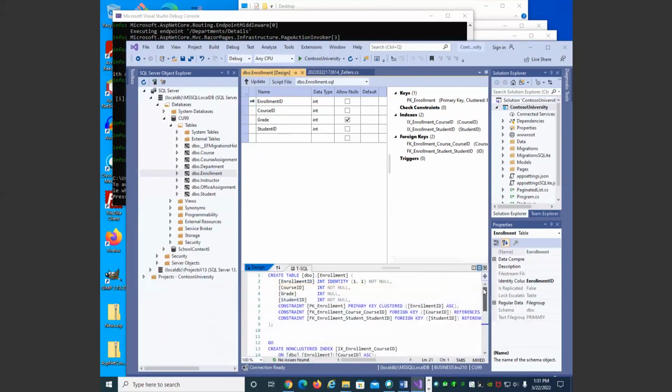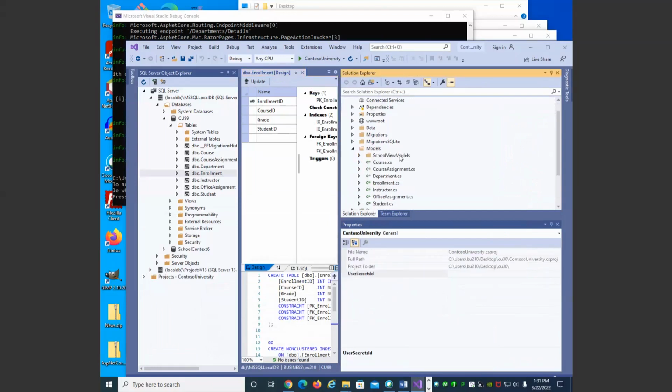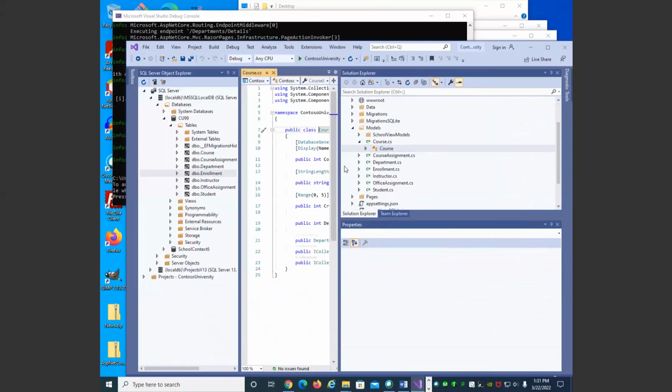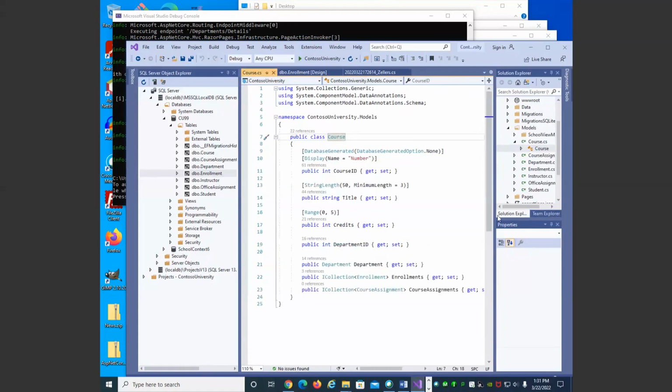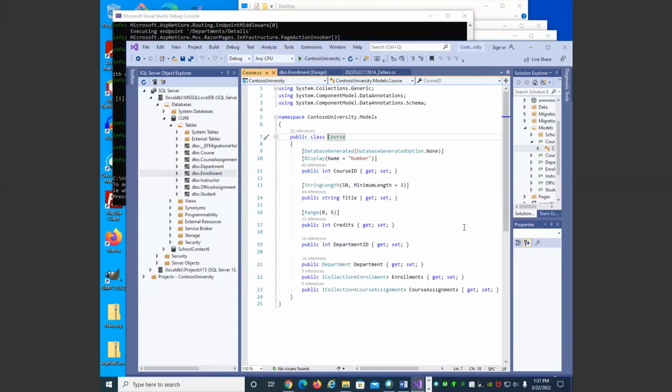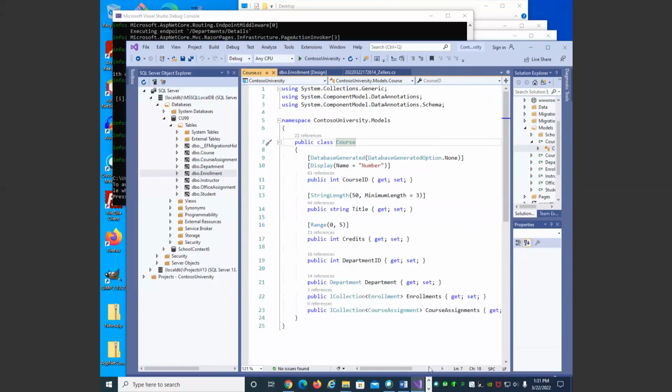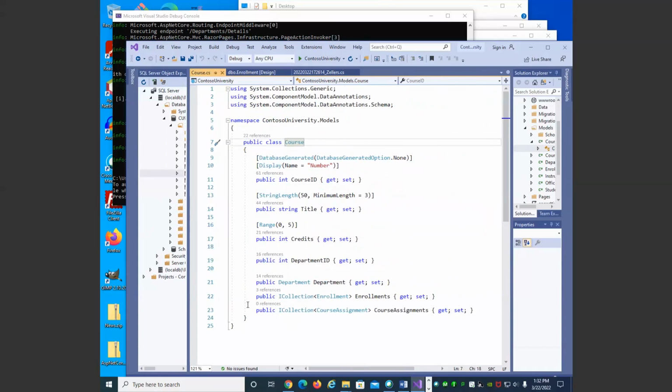So let's look at the model. Let's start at the course table. All right. We've seen some of these data annotations before. Some of them are new. But definitely the stuff down here is new. Okay. I'm not going to spend too much time on these fields because we've done stuff like that before. But when we start getting into the relationships,